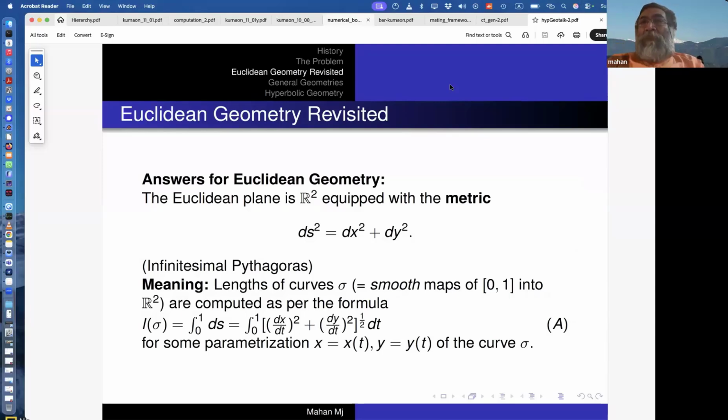So let's try to play around with this formula. That's all you need to do. You need to play around with this formula so that the remaining four axioms of Euclidean geometry are satisfied, and then ask, what are the shortest paths in this modified geometry? That's really now the problem.